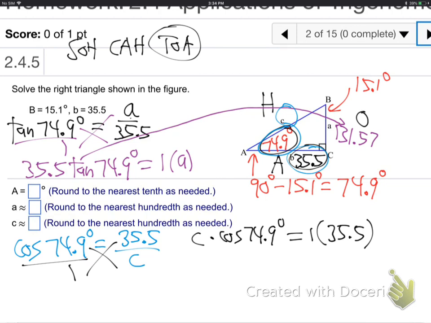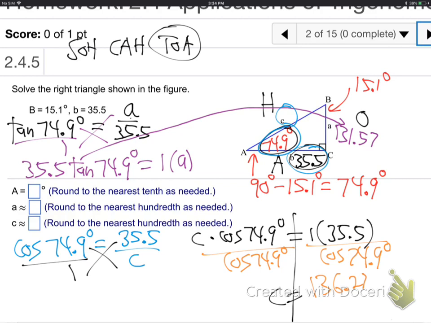C, I want to get c alone. So what am I going to do? Here's the equal sign, the wall. C is saying, I want to be alone. What do you do to get c alone? Divide by that cosine, huh? Divide by cosine 74.9 degrees. 35.5 divided by cosine 74.9 degrees. I'm getting 136.27. 136.27 is my C. Completely solved. All right. Well, why don't we